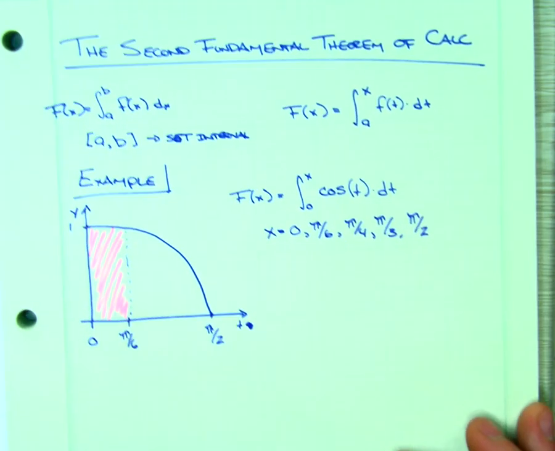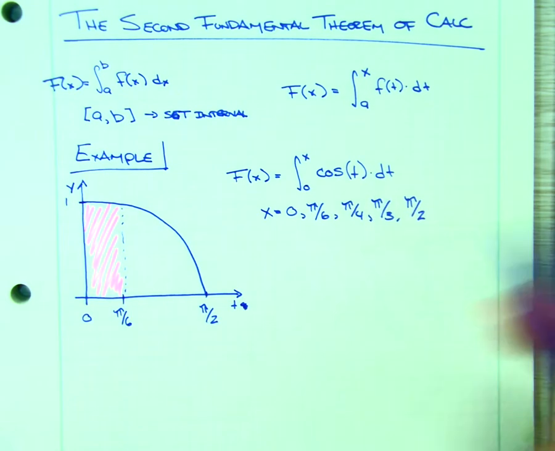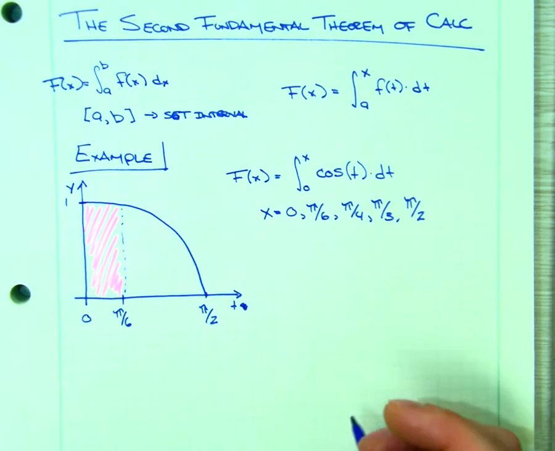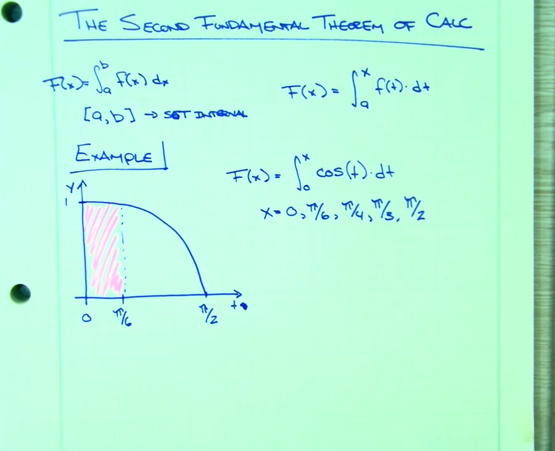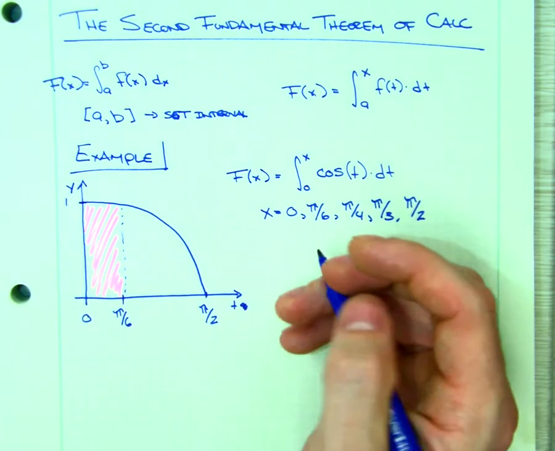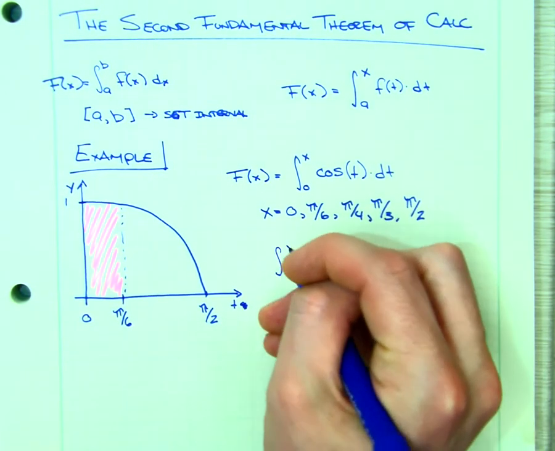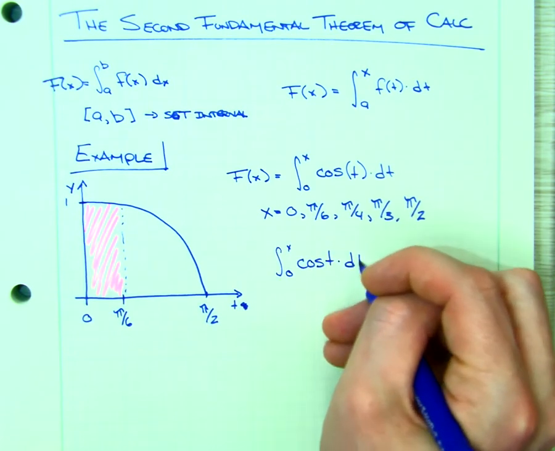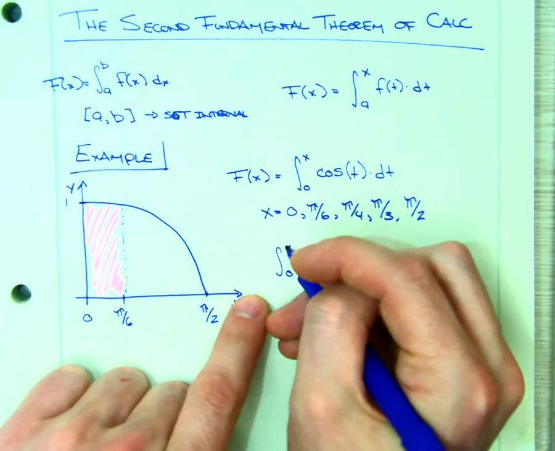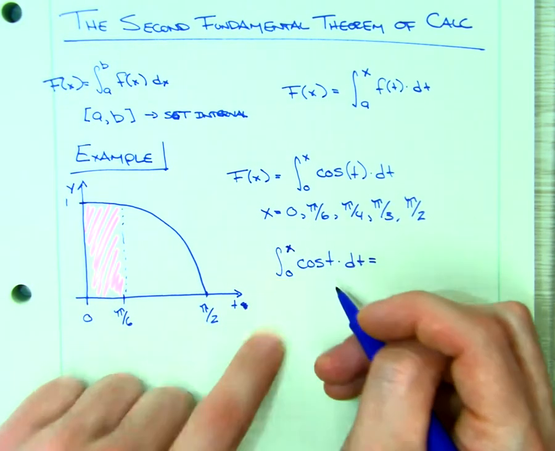We'll stop there. Okay, so here I've got a lot of calculus. This would be a lot of integrating if I wasn't using this other variable, t, or this other variable, x. Okay, so I could set it up as 5 different definite integrals, 1, 2, 3, 4, 5. Or I could just do one of them and see what happens with this variable x. Okay, so let's go ahead and do that. So if I start off with the integral from 0 to x of cosine of t dt, that is going to be equal to,